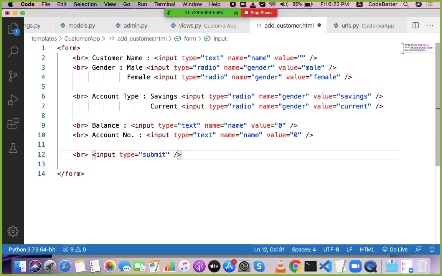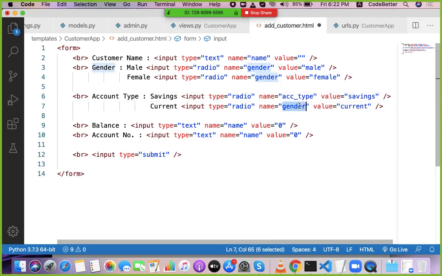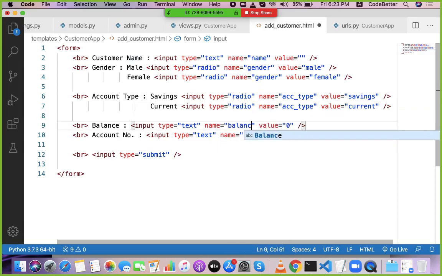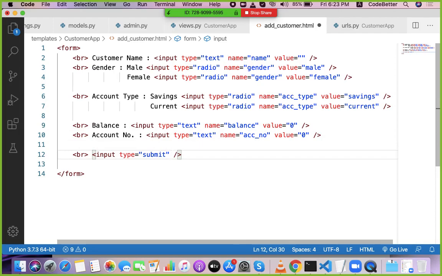Okay. Yes. We need to change the name in here in account type. So let's say it is ACC type. Similarly for balance, it is balance. For account number, let's say ACC underscore NO. Okay.